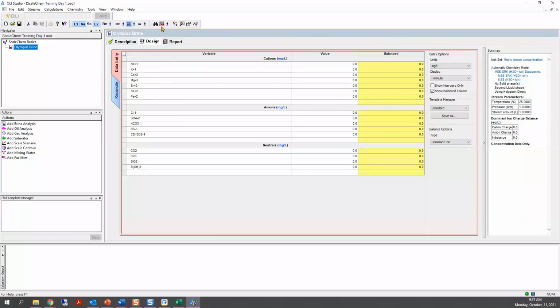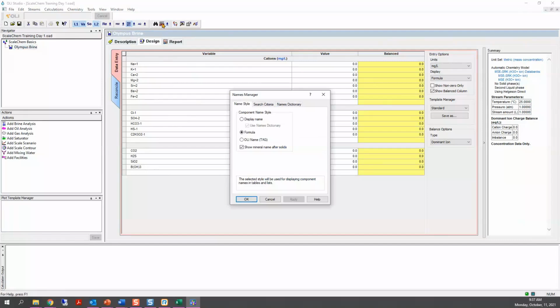But if you prefer the naming, you can go to the names manager where it says sodium chloride and salt and click on it. And you'll see here that you have the option to display the name. For example, if you want to see the changes right away, click apply. And you'll see now all the namings have changed to this display name option. I personally like the formula name, it's just shorter.